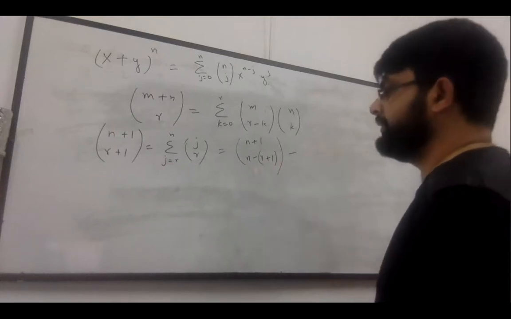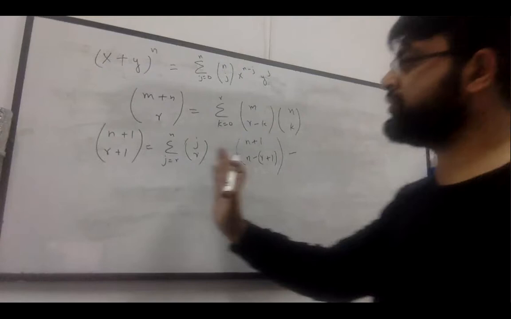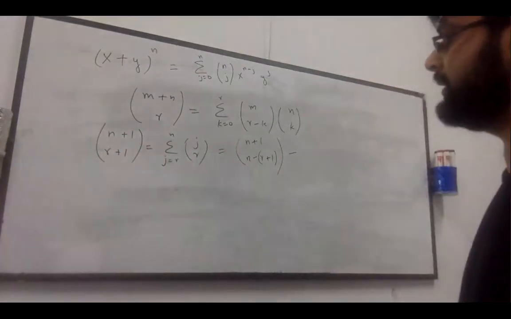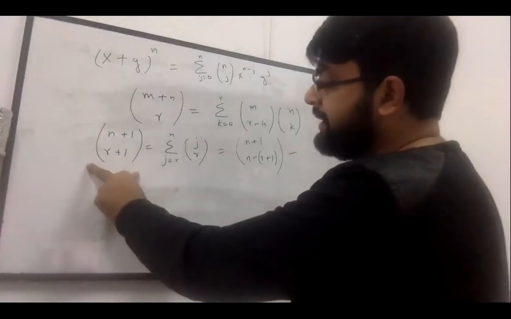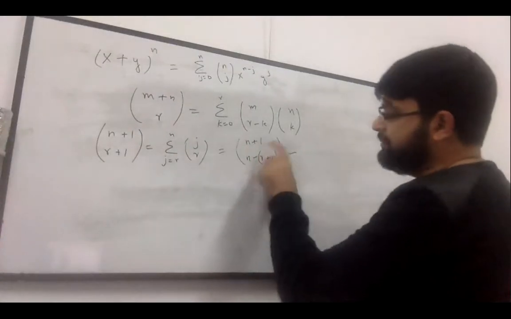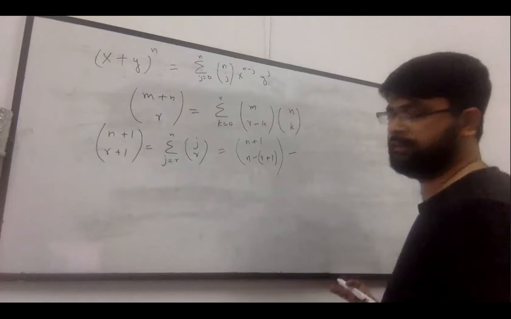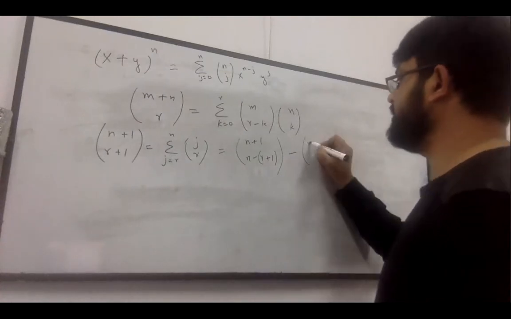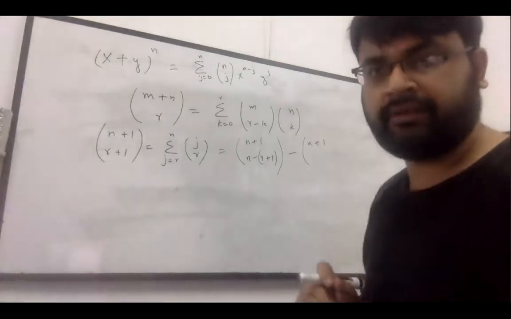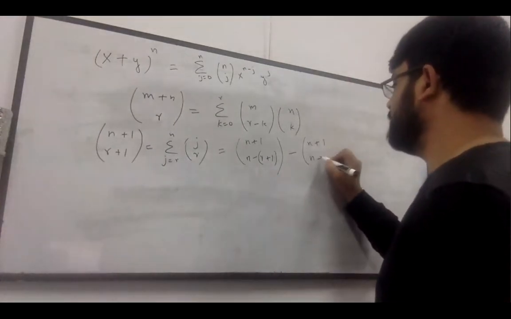And from this, these are the portions that are greater than this, right? So if I take (n plus 1 choose r plus 1), this is equal to the combination of n plus 1 until this, which is the one part. The other part is that I need to subtract the combination of the remaining things, which is, let's say,